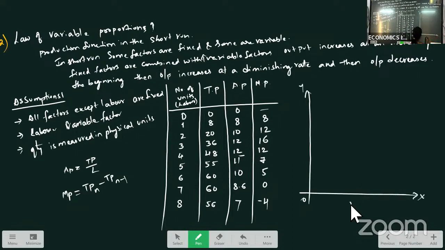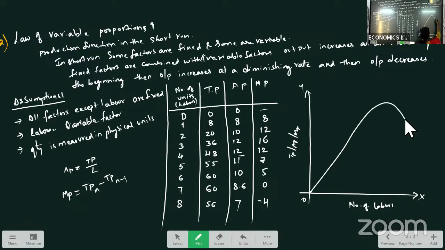On the x-axis, we take the number of variable factors, that is labor. And on the y-axis, TP, AP and MP. So we are taking from 0 over here. I'm not putting the points, I'm just drawing the graph. You will get the points exactly where they are intersecting each other. Now this is total product increasing, then increasing at an increasing rate, then at a diminishing rate, reaching a maximum